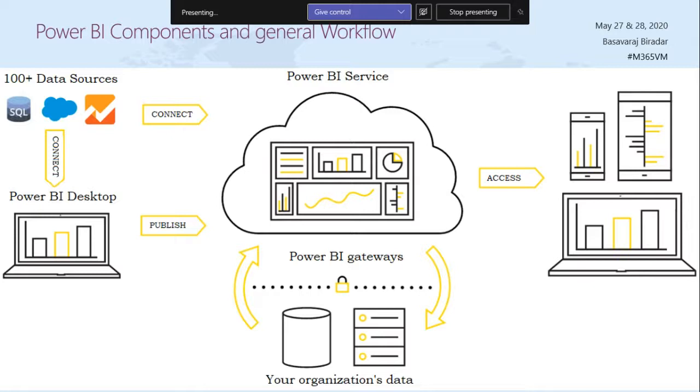And you can share these reports with whomever you want. They can see them on mobile, as there is a mobile app. They can see them on their desktop PCs. So this is the high-level view of the various components and the general workflow of Power BI.